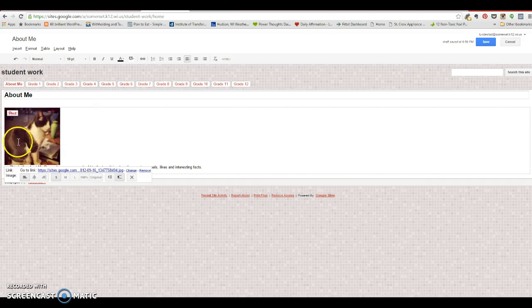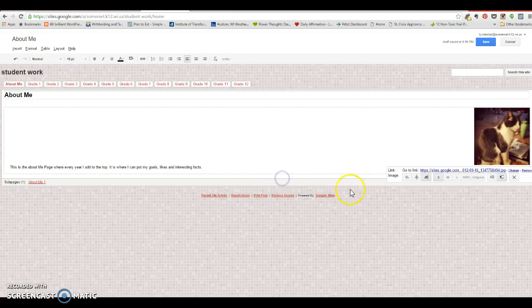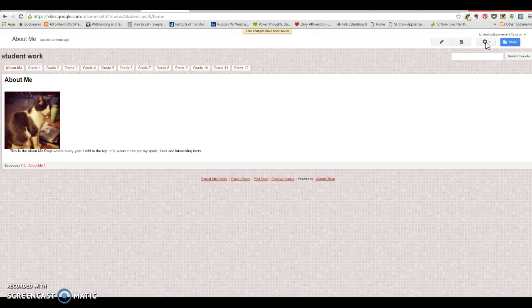What's nice is the editing toolbar that's with the pictures. If you move the picture, the bar moves right with it. All right, so there's my picture, there's my changes that I've made, and then I'm going to hit save. And now the picture or the page has been updated and edited and saved. All right,